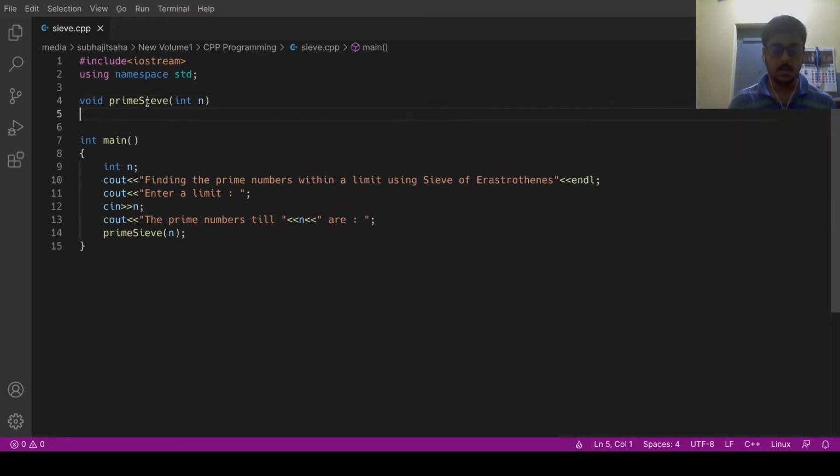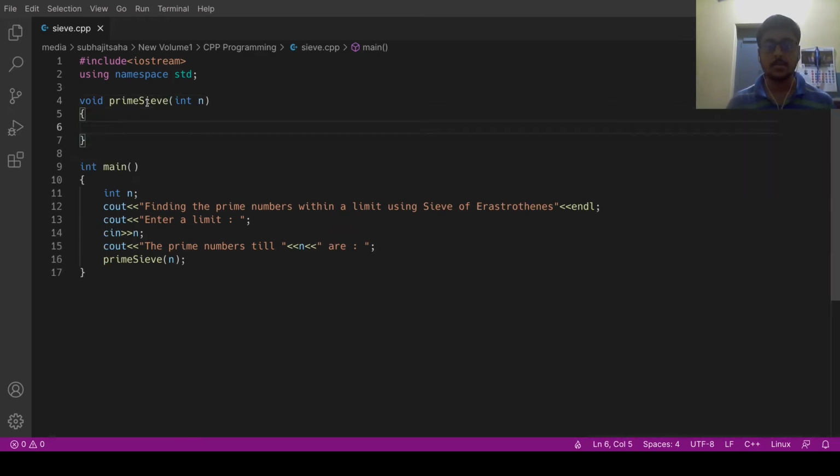Okay, now the table which I displayed and explained, I'll be taking that table using an array. So int prime, let's say prime is an array. Prime[100]. 100 is the maximum number of elements we can have, so I can display it within the limit only.